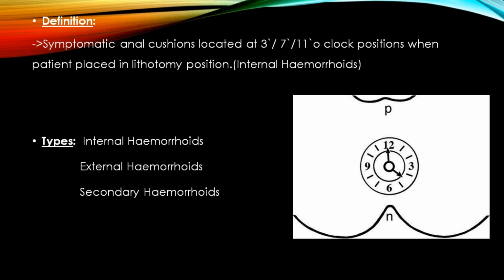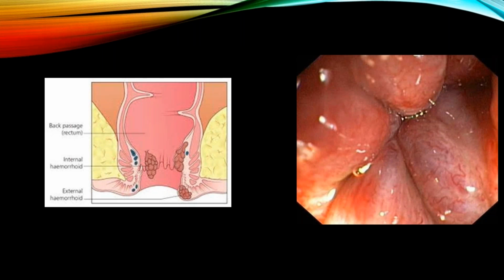So these are the types of the hemorrhoids. Here is a picture. See, this is the internal hemorrhoid. I have told you this is the dentate line, the curvy line. Above this dentate line will be the internal hemorrhoids, that is, the superior hemorrhoidal plexus of veins will be situated above here. Here you can see the external hemorrhoids, that is below the dentate line. This is the anal margin, anal verge. At this level, in the skin, in the subcutaneous tissue, there will be the inferior hemorrhoidal plexus